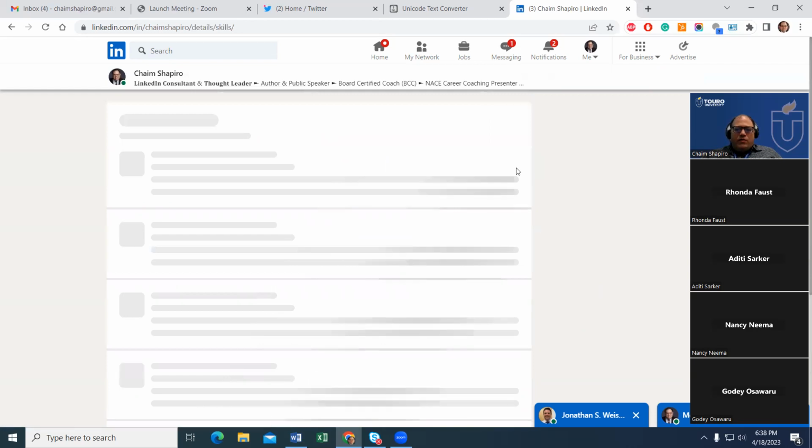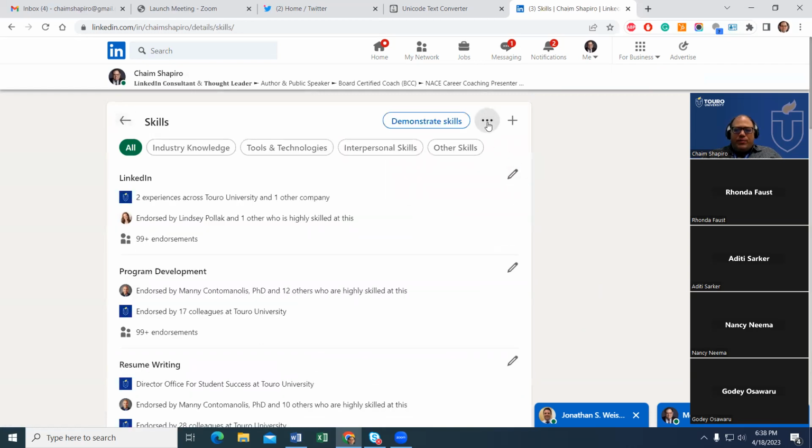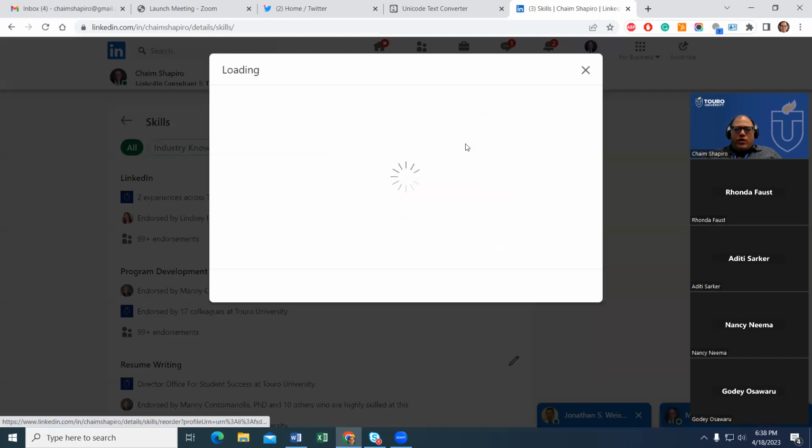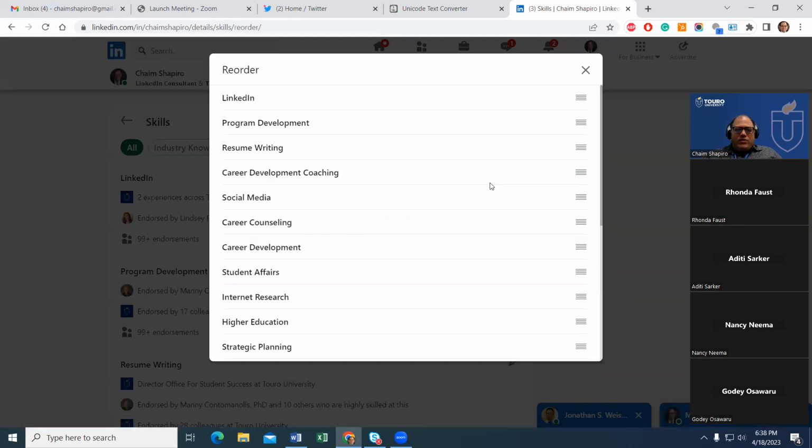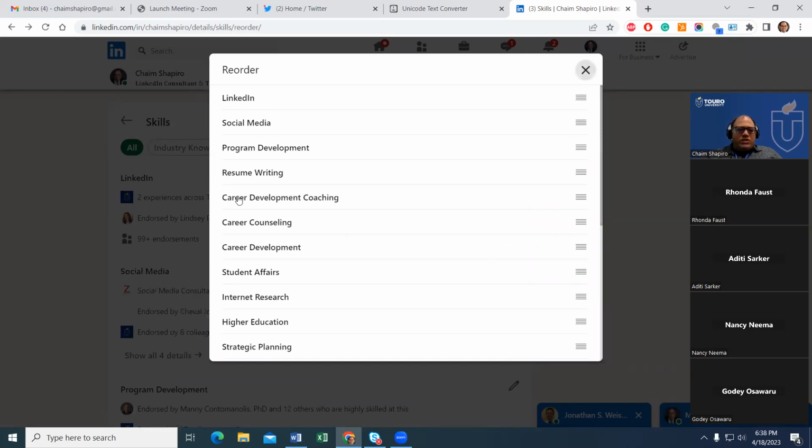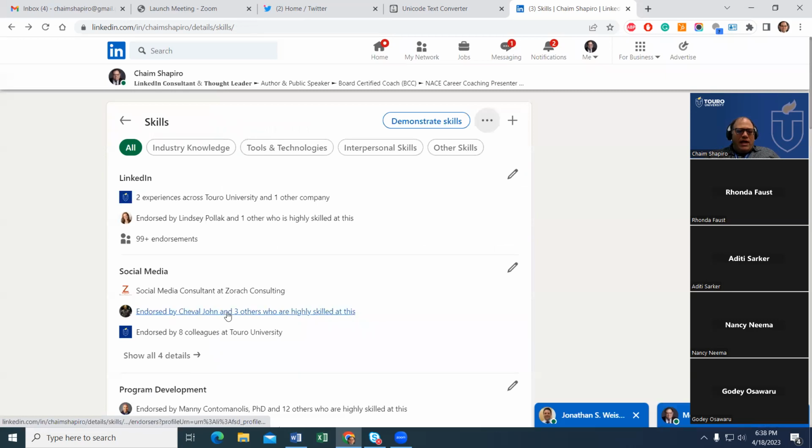By going over here, reorder is going to look a little different. You have to push this button first, then click reorder. I don't know why LinkedIn does that. What I can do then is say, well, social media is more important than program development. Move that up, and it'll change it up here around it. There you go. That's going to be the first 3 that